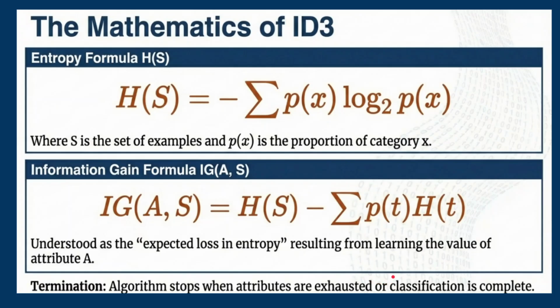Attributes means we have many properties. For example, for a patient, we have blood pressure, sugar, height, weight, and age, so all are parameters, all attributes. So we have to calculate the value based upon all the attributes or many of the attributes to get the correct result. Okay. So now the next algorithm is